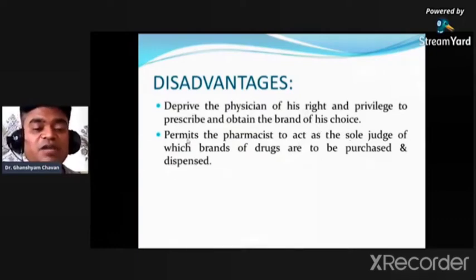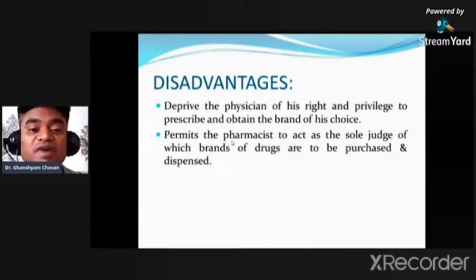After that, next is permit the pharmacist to act as a sole judge of which brands of drugs are to be purchased and dispensed. Yes, so here the pharmacist becomes the sole judge, meaning the pharmacist has the authority to decide which brand, which drug, which molecule needs to be purchased and dispensed for the therapy, for the treatment. And if you see, in India, pharmacists are not practicing pharmacy, but in other countries like the US or in European countries,